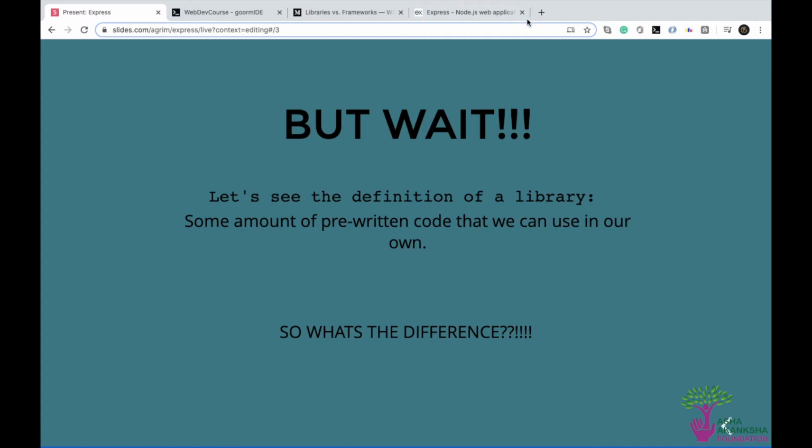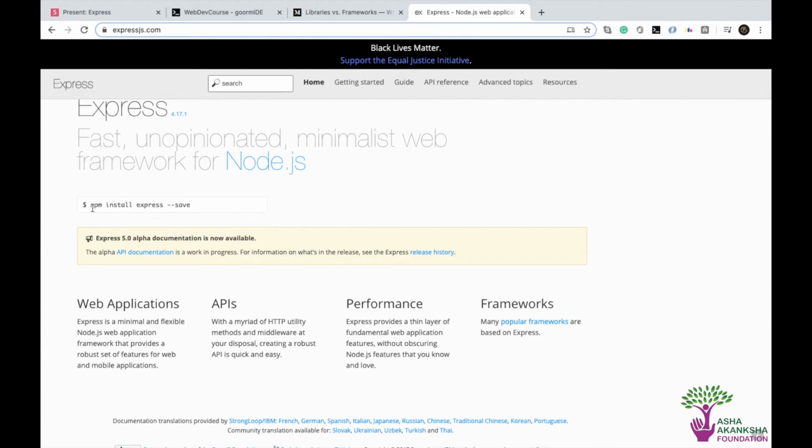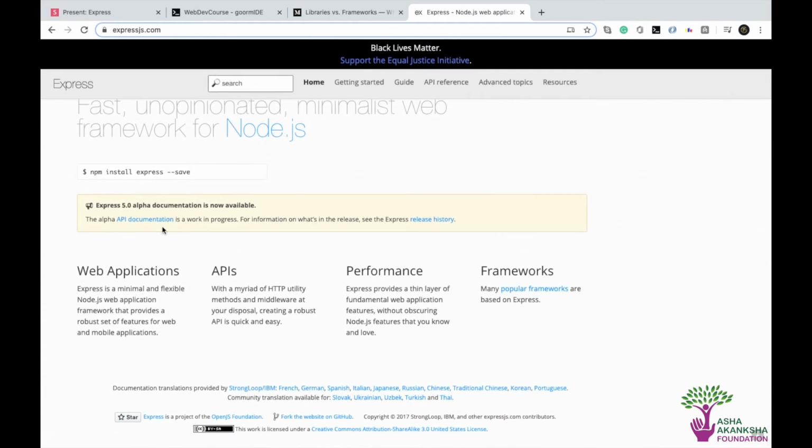Great. So now if we go back to our Express website, and this is their official website, if I didn't mention that before. So first thing you see, it's npm install express. So all you have to do to use Express is install it using npm, right? And next, if we see this definition again, right? Express is a minimal and flexible, right? So basically, it is a framework, but it can help you do whatever you want to do. You are not restricted to a very specific set of instructions that you can follow, right? You can make anything you want to using this.